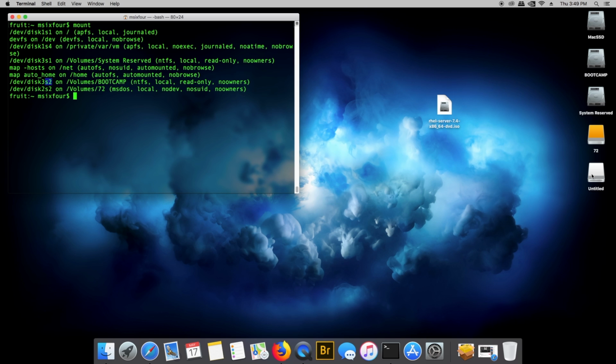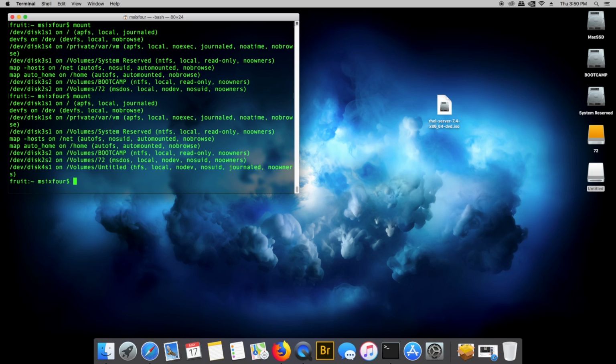If you've already burnt another ISO to this stick using a different operating system or a different process, not all of the file systems are going to be readable by Apple, in which case you'll get a little pop-up message here that says it doesn't understand it, and you can reformat the USB stick. And now what we should be able to do is type the mount command